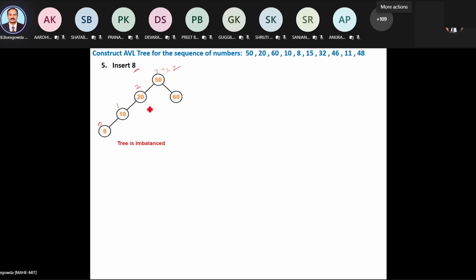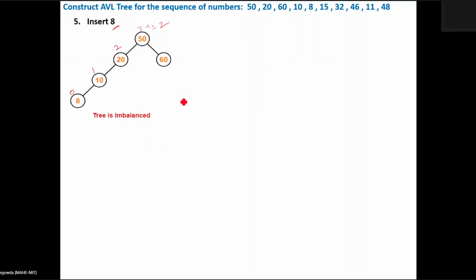So now which nodes need to be considered for balancing this AVL tree? Starting from the newly inserted node, you traverse towards the root. When you traverse, we encounter 20 as the first node which is affected. So you have to consider two more nodes in the same direction towards the new node, so that these 3 nodes need to be restructured. When you apply the restructuring for these 3 nodes, automatically the whole tree will be rebalanced.